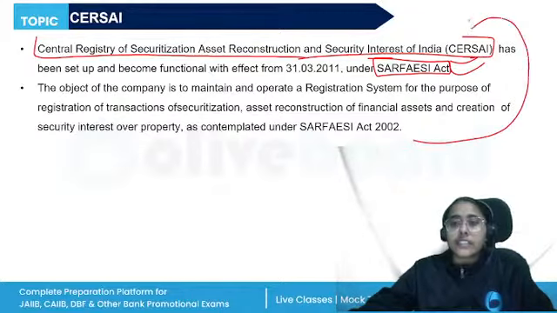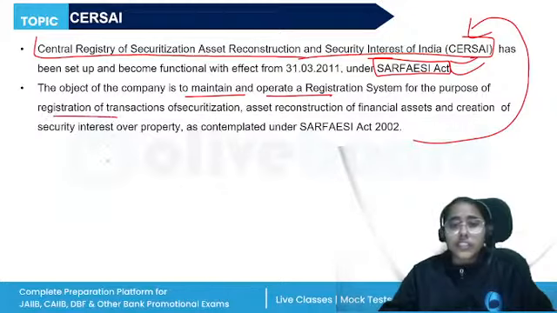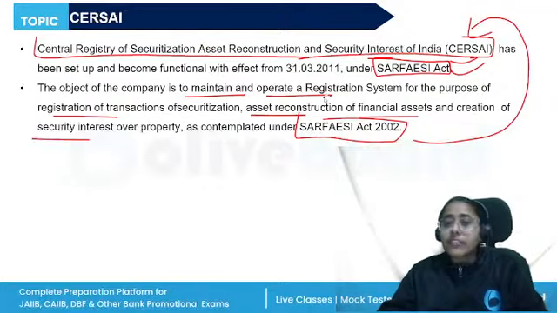So the object of CERSAI is to maintain and operate a registration system for the purpose of registration of transactions of securitization, asset reconstruction of financial assets, and creation of security. So this is given under the SARFAESI Act. You need not worry about the SARFAESI Act. The only thing you need to remember is that CERSAI is created for the registration of charges. Why? For example,